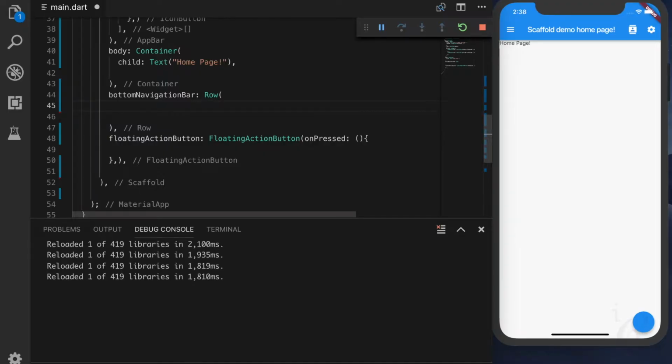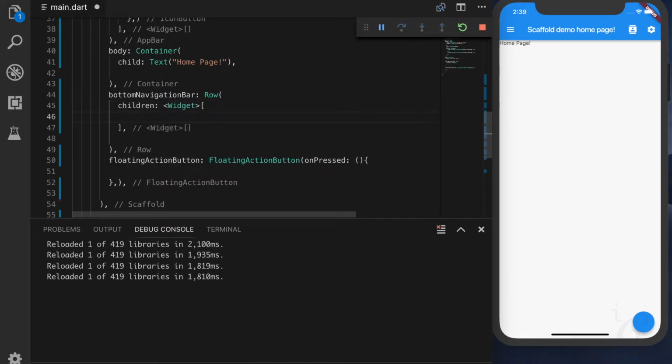Bottom navigation bar. Now we will see what we can add to the bottom navigation bar. The principle to create a bottom navigation bar is that you need to have minimum 3 buttons or 3 destinations in your application or in your screen in order to provide the bottom navigation bar, which means we need to have minimum 3 buttons there. So now what we are going to do is add 3 buttons there.